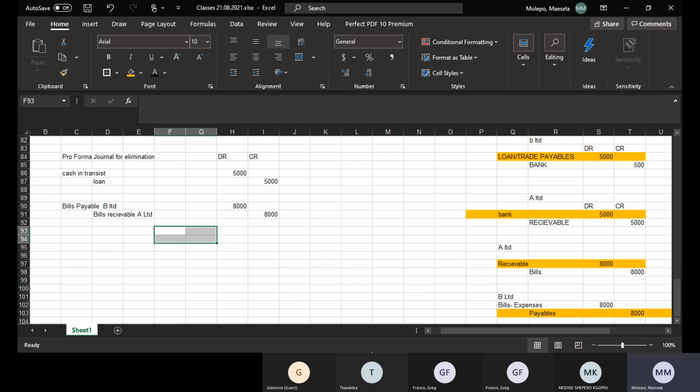Okay, then let's proceed further. Since we are not given anything to do with the statement of profit and loss, it's skipped, because I don't see anything to do with the profit here. So that's why they didn't draft any statement of profit and loss. So we're going to jump further to the statement of financial position, whereby on the PPE, we have 574 plus